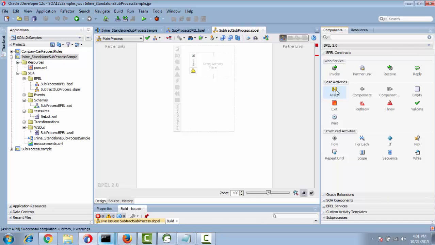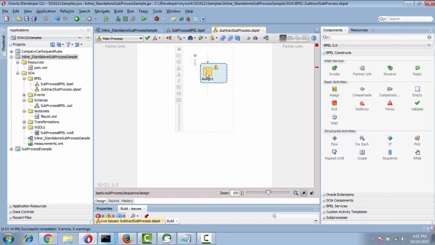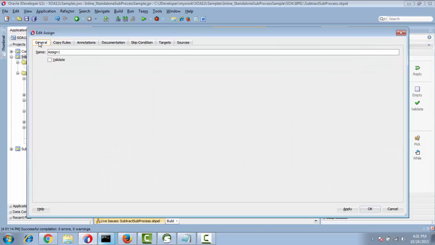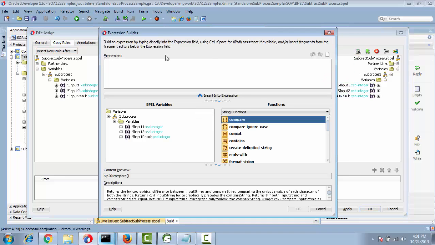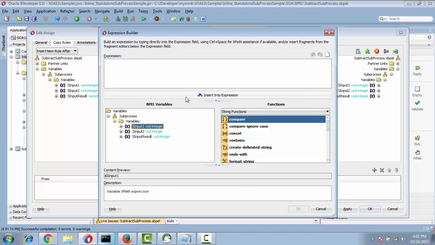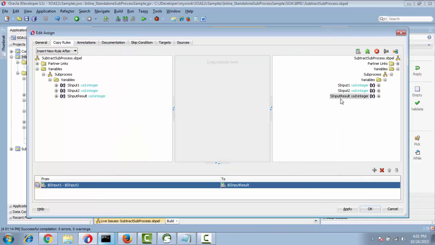And drag and drop the assign activity. Change the name to subtraction. So drag and drop the expression builder and subtract input 1 minus subtract input 2. The result is available in the input result. Okay, apply. Okay,